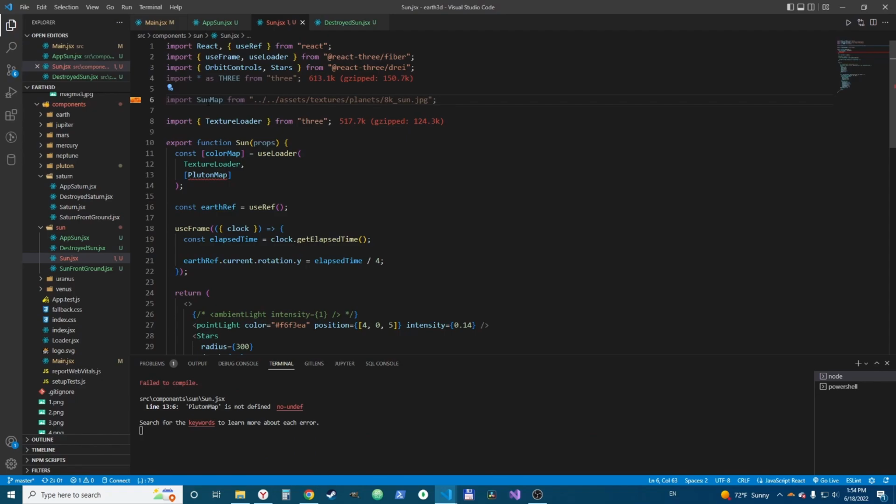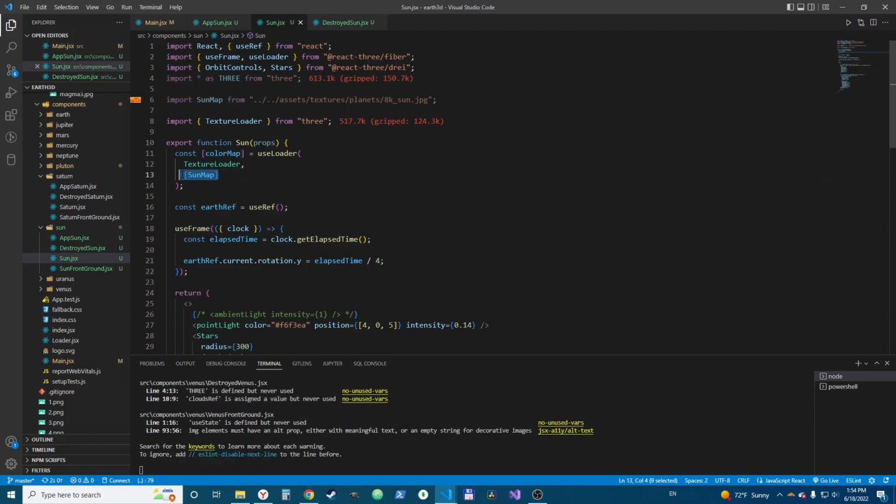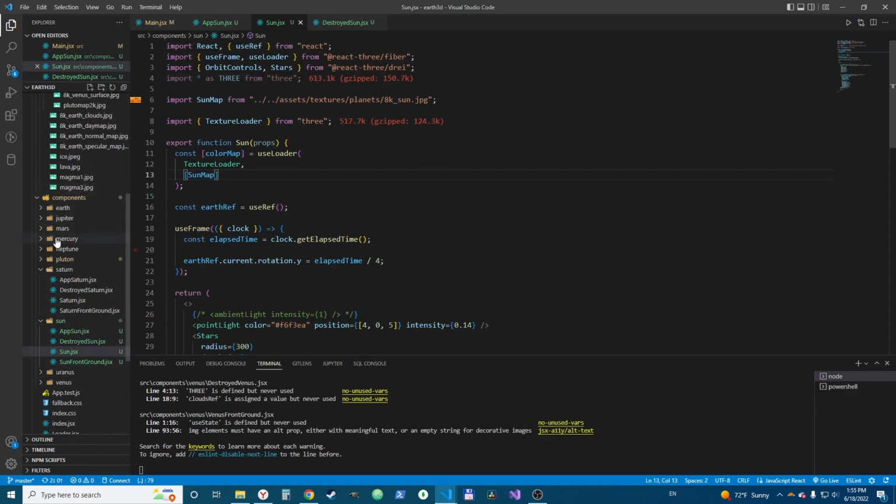We import these textures, and how are we gonna give our model textures. We're gonna create function Earth with a const colorMap, and useLoader from React Three Fiber, where we give a TextureLoader from Three. And now we give some array of textures here, and in Sun we just need Sun map. You may ask why we need some array of textures, because for example